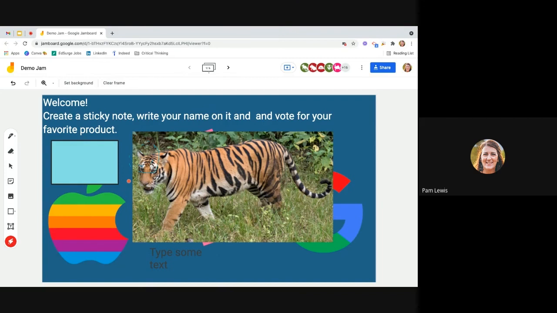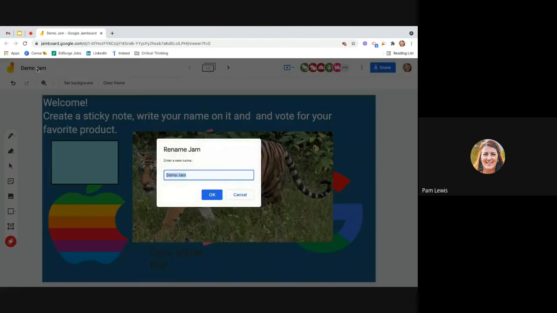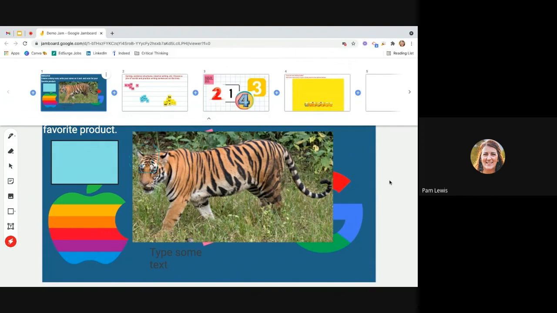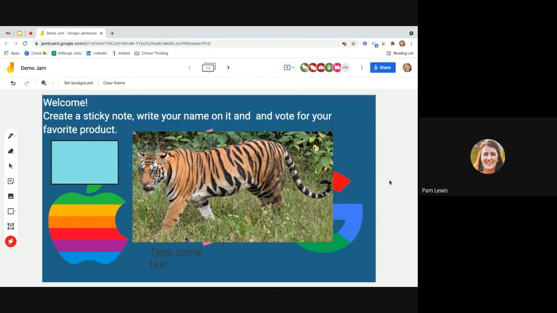But other than that, we have up here, just trying to think of stuff that we didn't talk about yet. This is how you name and rename, just like you do in Google Slides. You have your undo arrow and your redo arrow, your zoom in. Setting the background is pretty fun, and I'm going to go through that in my next session as well, so that you could make the whole background like a big picture